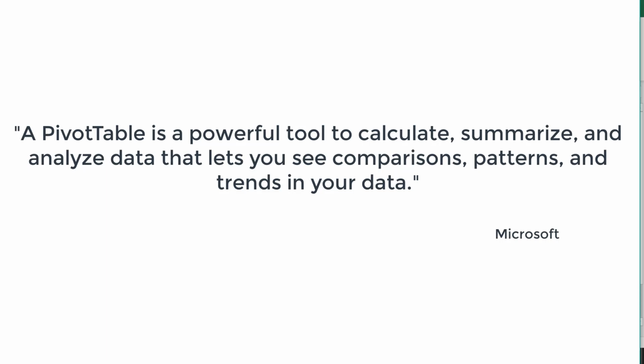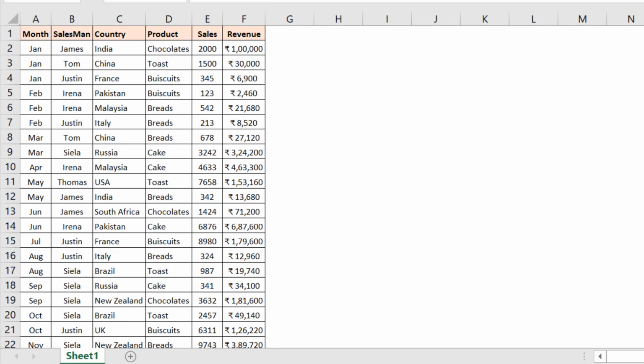Now let's learn how to create a pivot table. Here I have a small data set from column A to F where I have taken the sales of some products in some country for a few months. Initially, there are three rules when you create a pivot table. First of all, the column headers should be there. If I delete my header Product from column D, I will not be able to insert a pivot table. I will get an error.